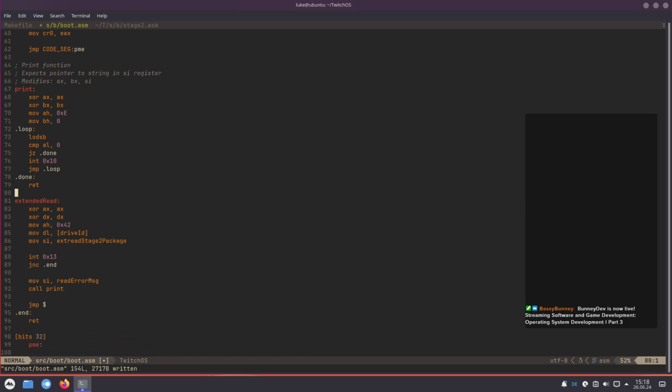This is our extended read function. Then we write what it expects. What does it expect? You know what? Let's do it like this. It expects a pointer to the read packet in